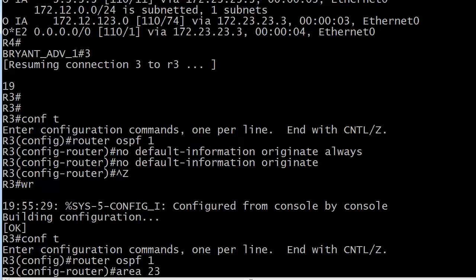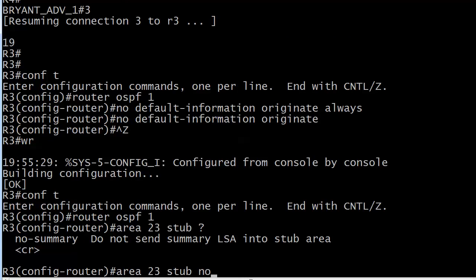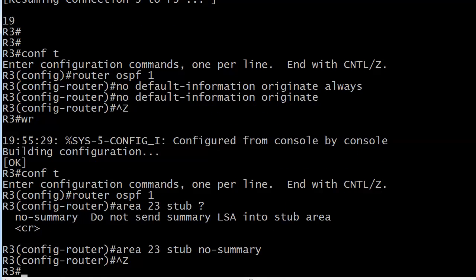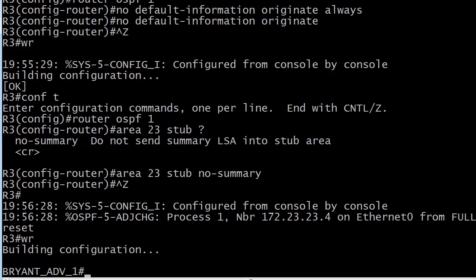And this is how you make an area a total stub, which is what I'm going to do in this case. It's area 23 stub. That's a legal command by itself. What I'm actually going to do is add no-summary, and now you're really knocking everything down. You're saying the only thing I want in router 4's routing table is that default route. So I'm going to go ahead and fire that command up,